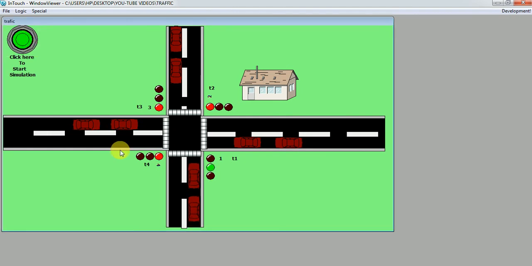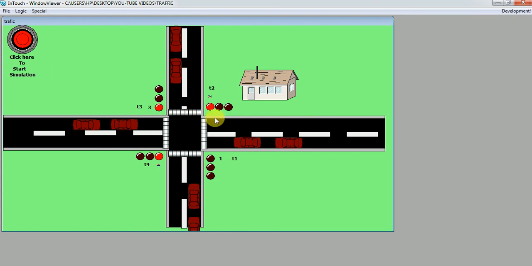Let's press it. Here you can see it indicating as the vehicles move, it gets red, and on terminal 2 these vehicles are moving on. As it moves it will show a green light indication, and again it will show red, and here you can see a green indication, and now it will show the red indication. In this way our SCADA system can work for a traffic signaling system. If I press it again, it will totally get reset. So this is a simple traffic controlling system with the help of SCADA.